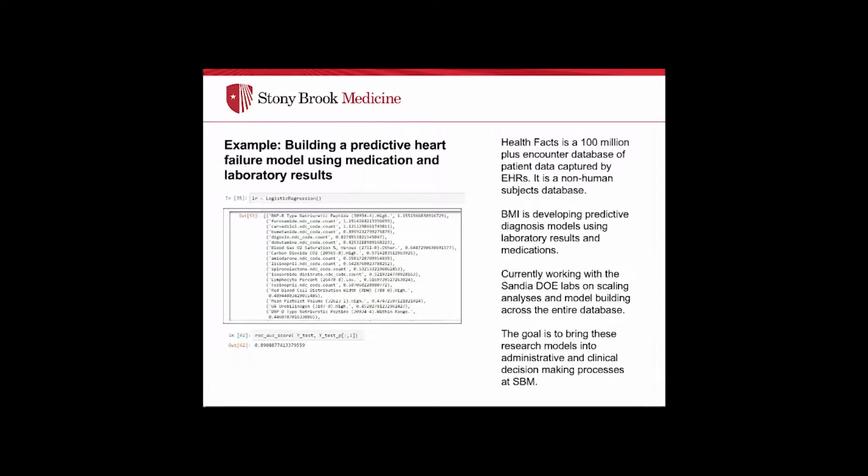And so they have standard codes for that. People familiar with standard codes? The concept of it? Okay. So the idea is that